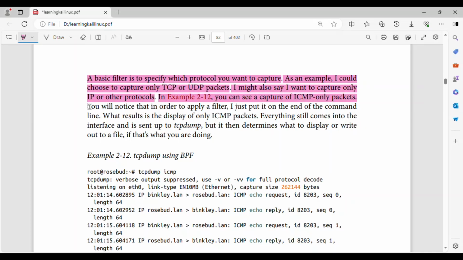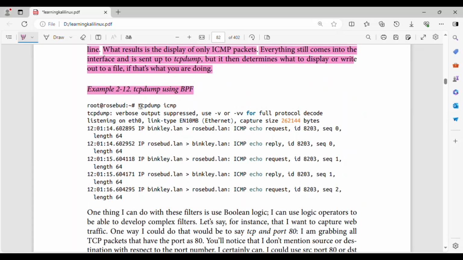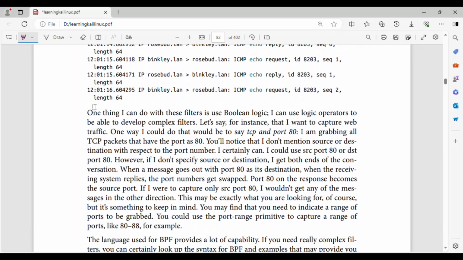In example 2-12, you can see a capture of ICMP-only packets. You will notice that in order to apply a filter, I just put it on the end of the command line. What results is the display of only ICMP packets. Everything still comes into the interface and is sent up to tcpdump, but it then determines what to display or write out to a file, if that's what you are doing. Example 2-12: tcpdump using BPF. root@rosebud:~# tcpdump icmp